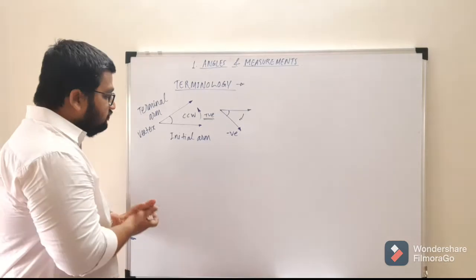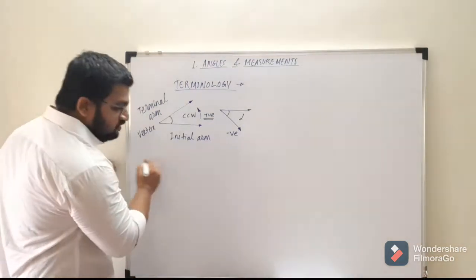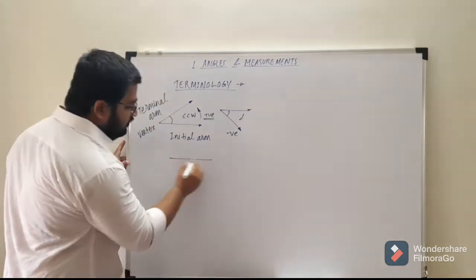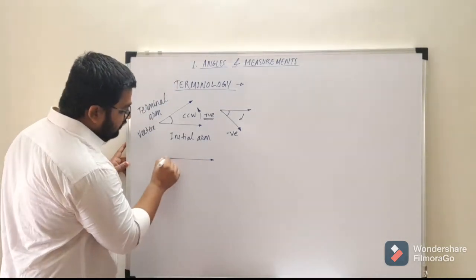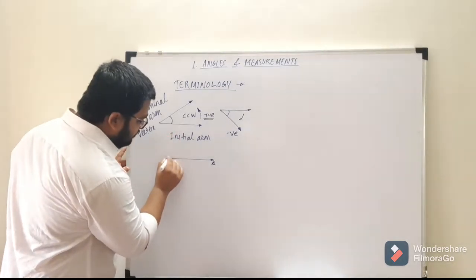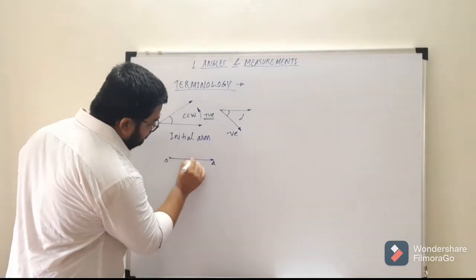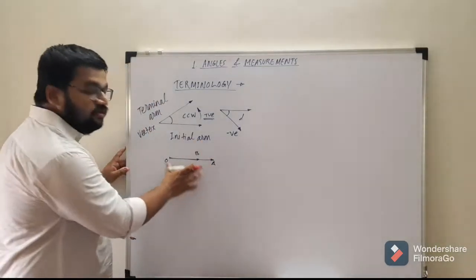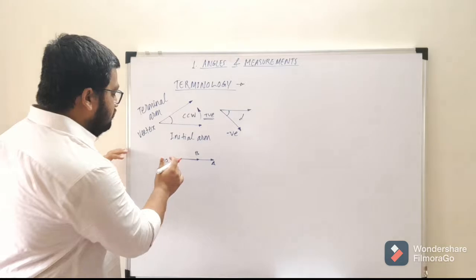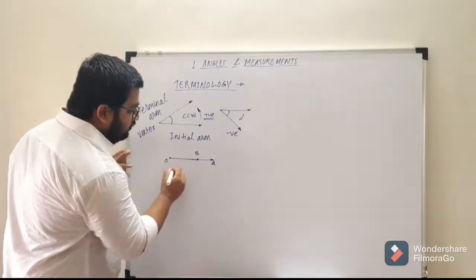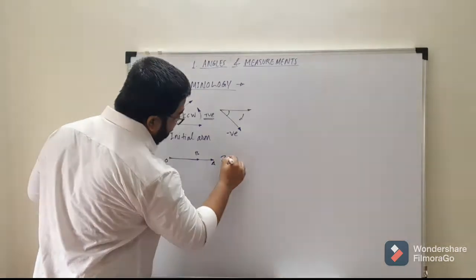Now there are some types of angles. Let us first see the zero angle. Suppose this is the initial arm, let us say OA, and our terminal arm also lies at the same place. Suppose this is point B. Now both the arms are lying on each other, that is the angular motion or the angular displacement is zero. So hence we call this the zero angle.